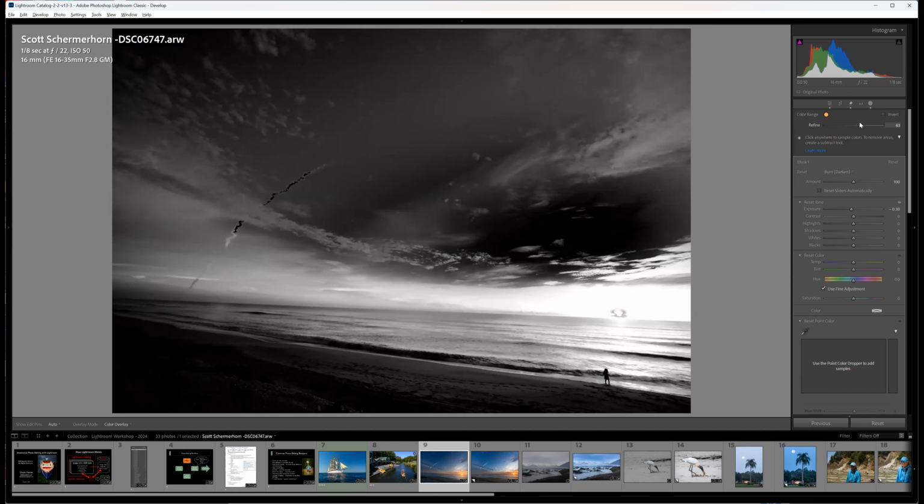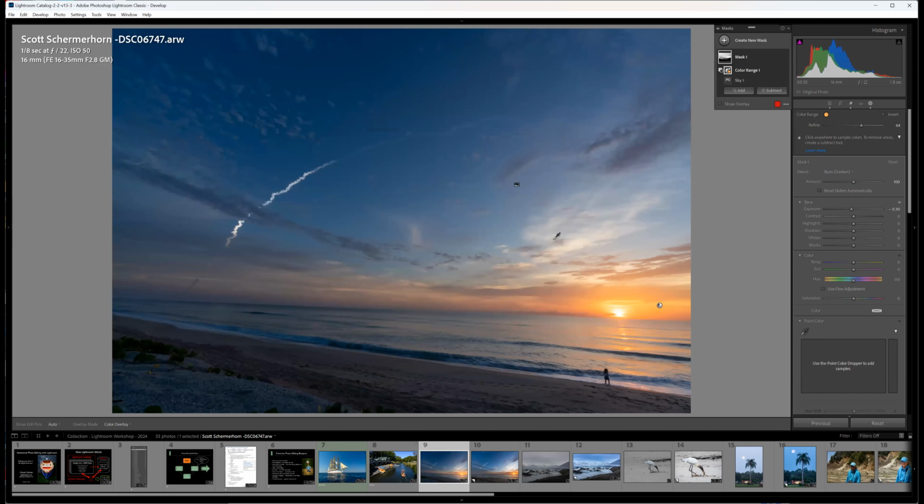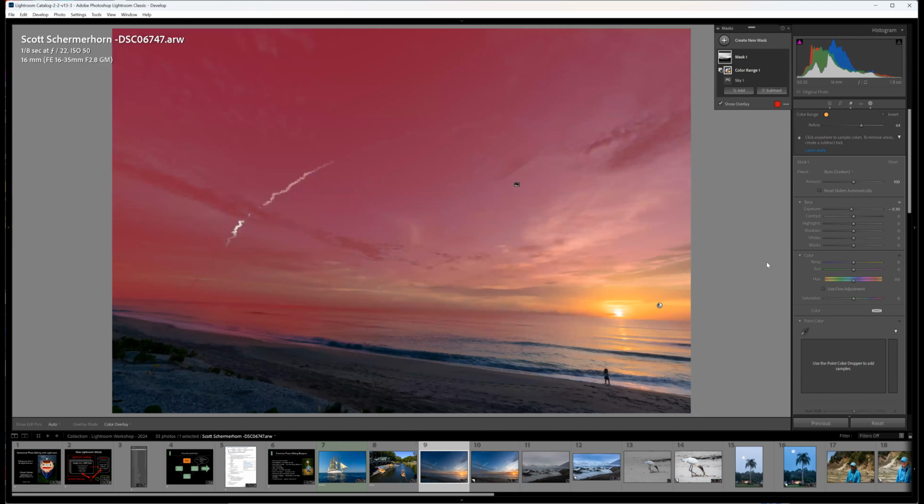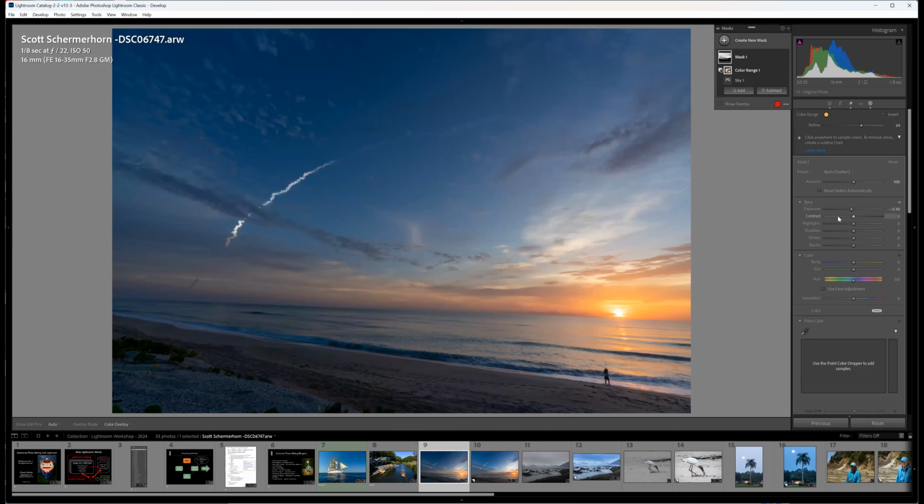So I'm going to put a little more gradient in it. Remember, I'm holding down the Alt key, moving that slider back and forth. Now my mask, if you will, I'm hitting the O key, I can see my mask is in that sky. It is affecting the sun far less. So now I can do things with this sky,